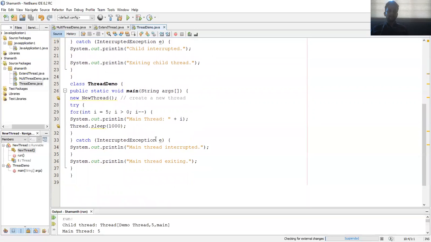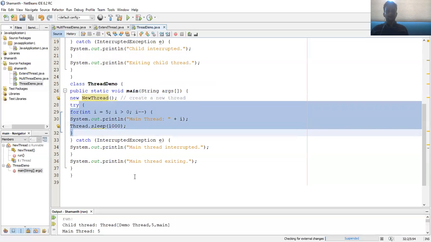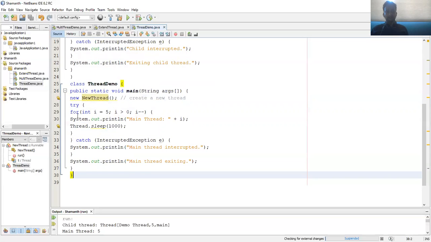Now we'll come to the main. For the main to start, the name of the class is the same as the file name, so it is class ThreadDemo. Then over here I'm creating a new thread object. Then inside the try block for this main method, we print the i values from 5 to 1 in the same way.